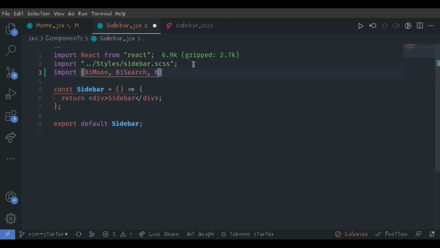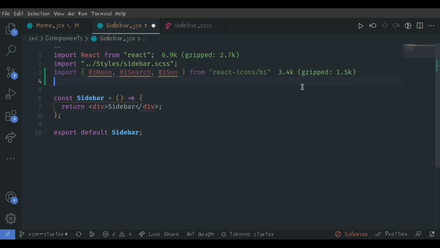Then we are also going to have BiSun, like this, which is going to be coming from react-icons/bi, like that. And also we are going to be importing something coming from the constants slash dummy,